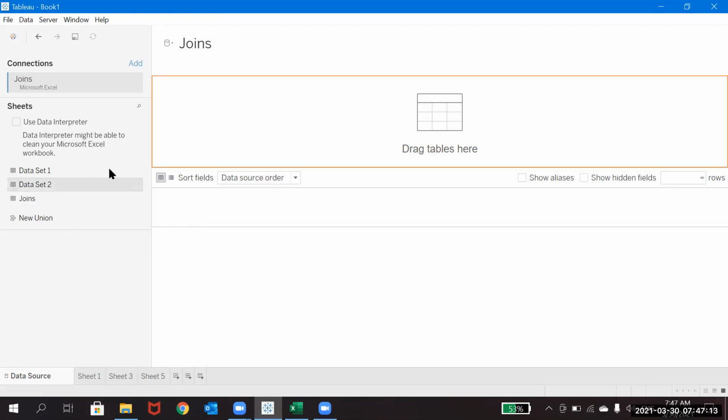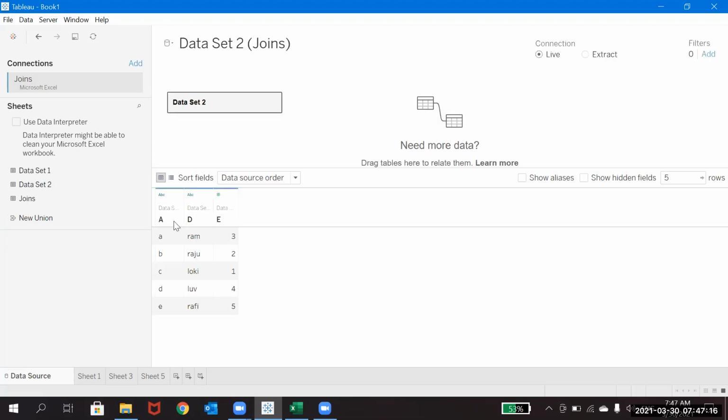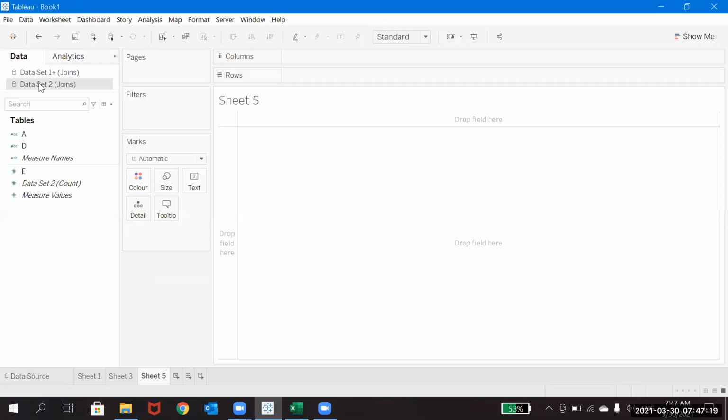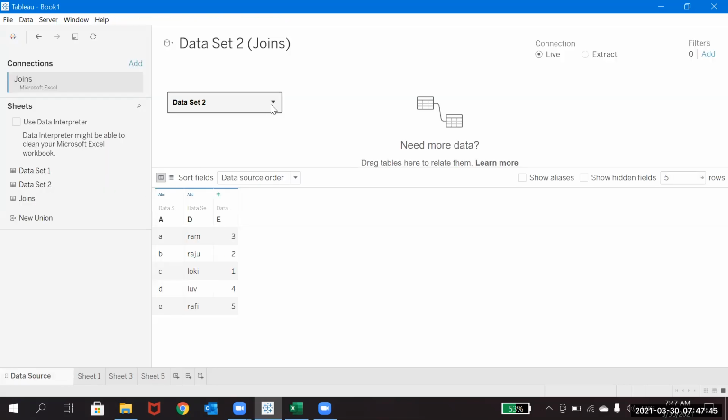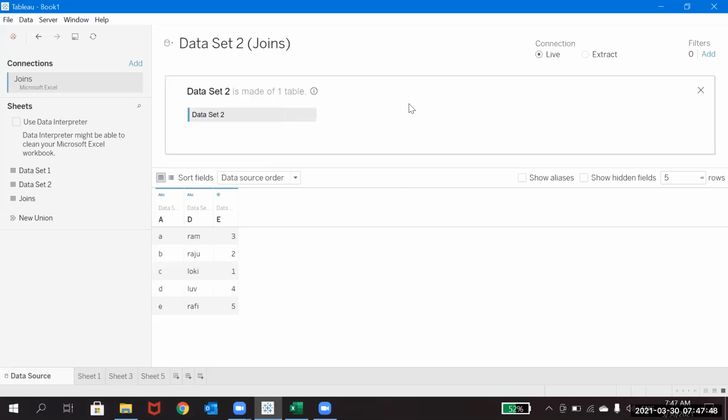And now this time you just drag and drop the second data set, and you can go to the sheet, and now you will see the two data sets here. Okay, so if you want to do the blending, you need to connect the data sets in this way. And I think you guys remember how we do the joins. We go to this data source page, open it, and a pop-up will open. In this you drag and drop the secondary data set, and you do the joins.